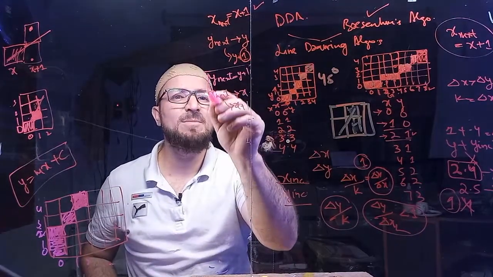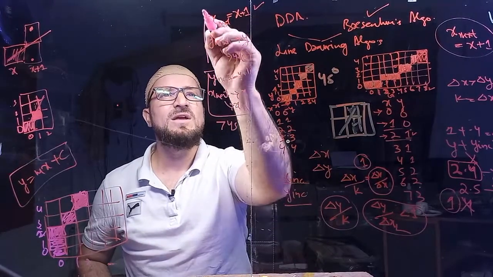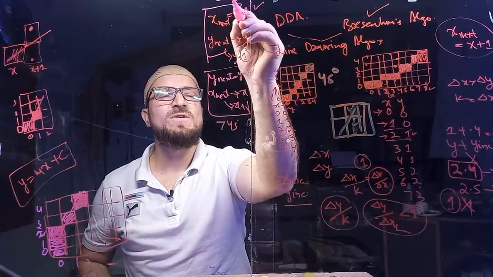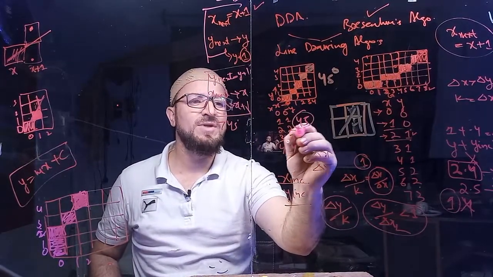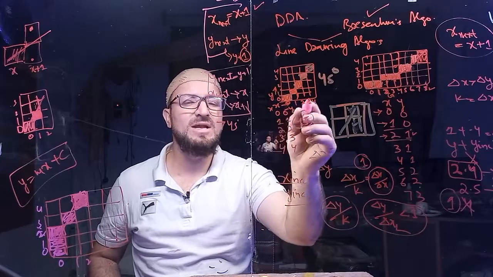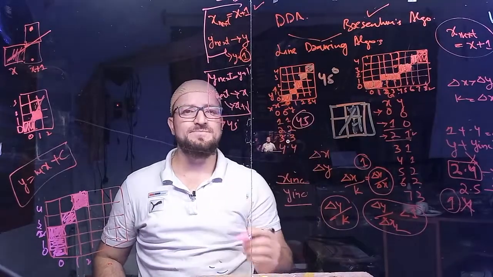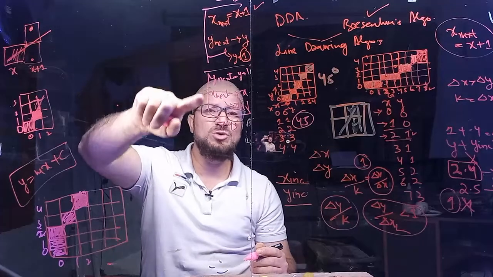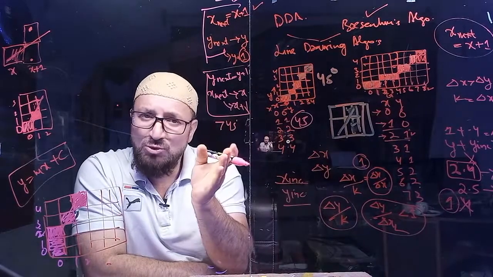This will happen if your angle is greater than 45. The other will happen if your angle is less than 45. But if it is equal to 45 degrees, then you have to increment all the time. You increment x, you increment y. You increment x, you increment y. All the time incremented. But in the other two scenarios, if the angle is less than 45, that means moving towards x more,